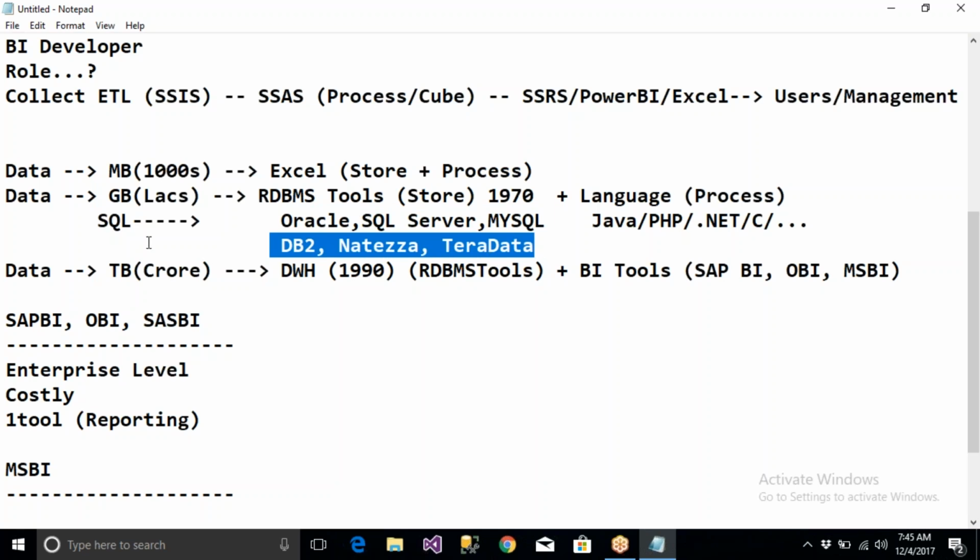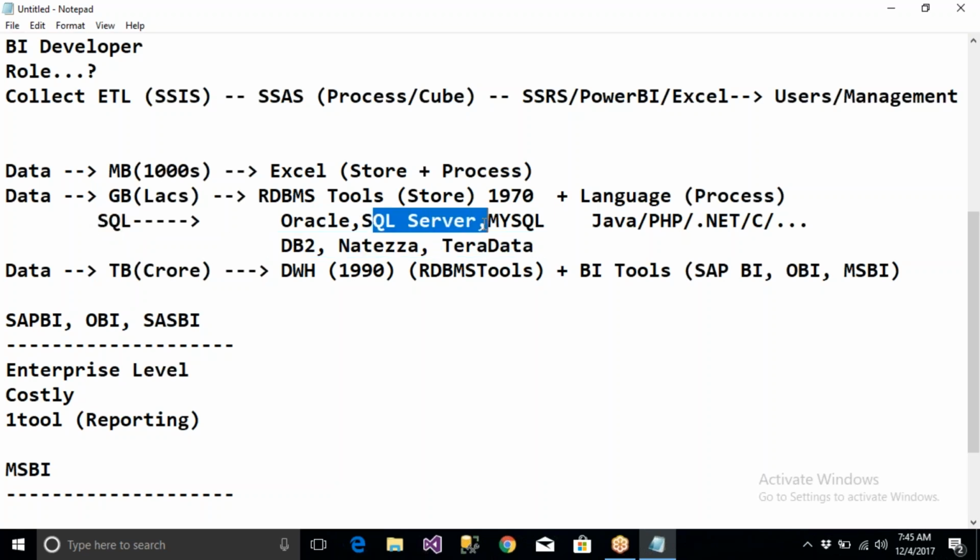So SQL is a generic word. Clear? So SQL and SQL Server, both of them are not same. Try to understand. SQL is a language and SQL Server is a software. Clear? And all these people, the people like ETL developer, or the reporting developer, they are not well aware of